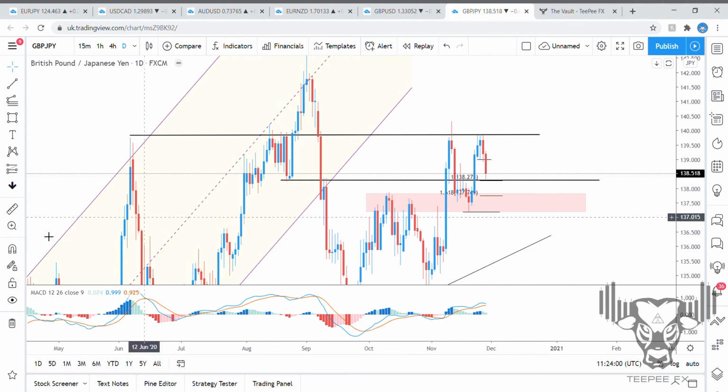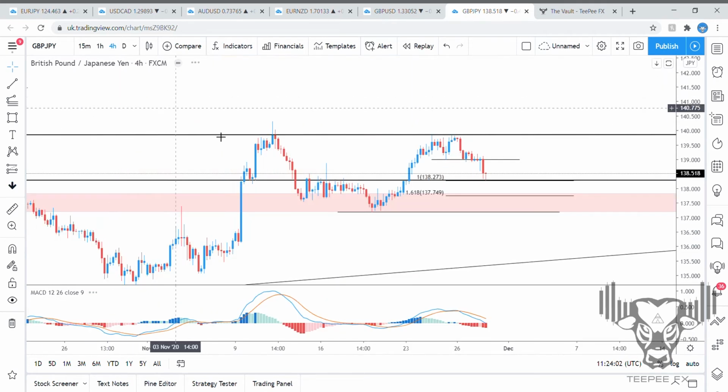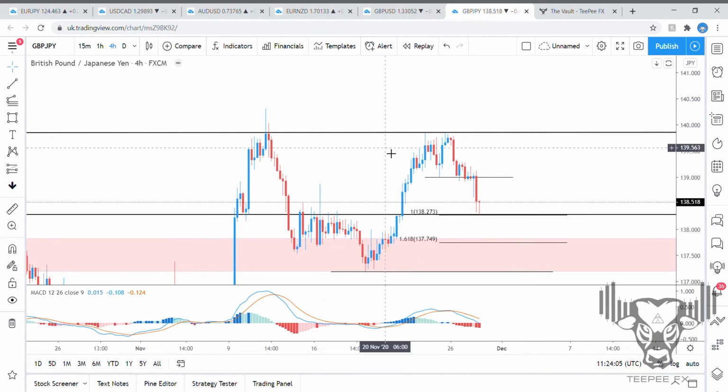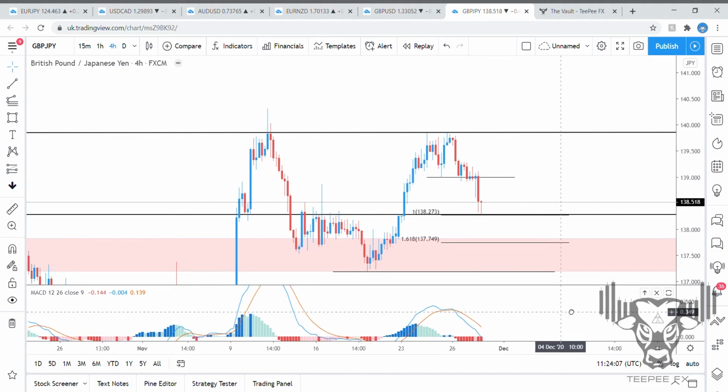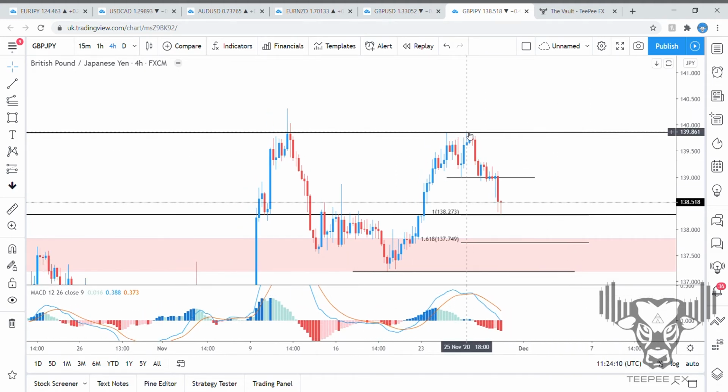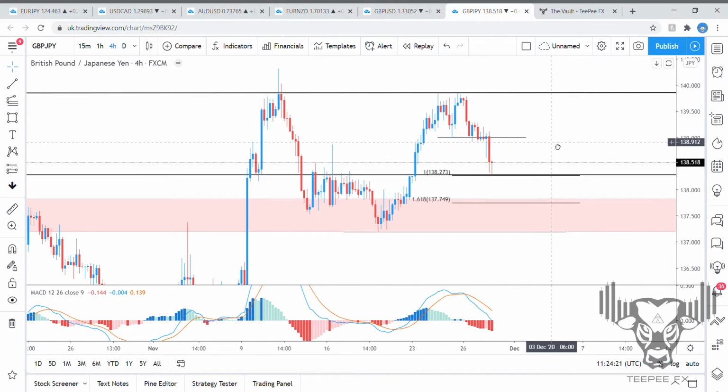So pound yen, I'm actually already in this trade. In the 4 hour, we had a double top form just here. We can see that the second push on this double top failed to give us any form of bullish orders. And it also appeared at a relatively key structure in the higher time frames, the day view and the week view. We can see the one level fib, so the first target has already been taken out on this trade,